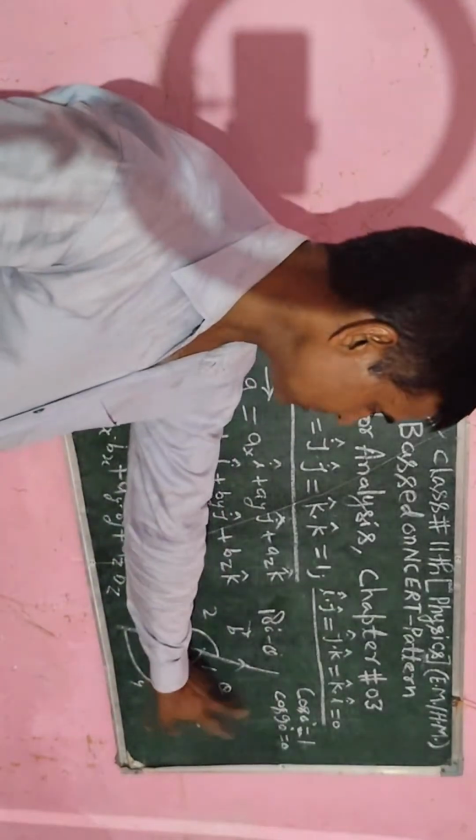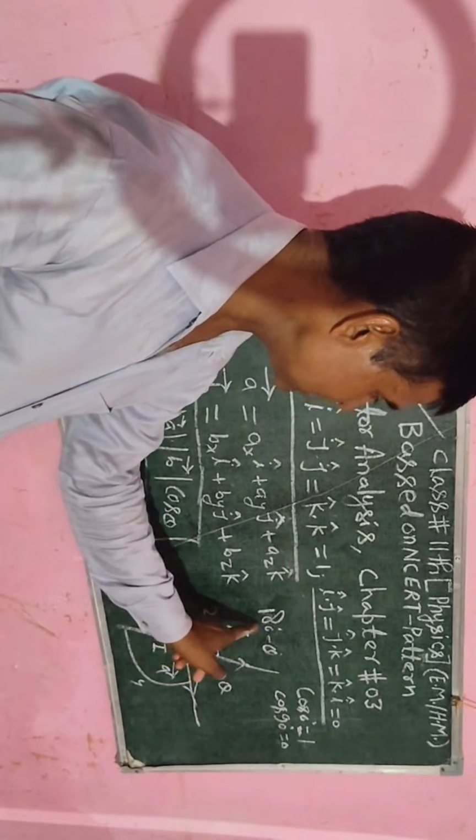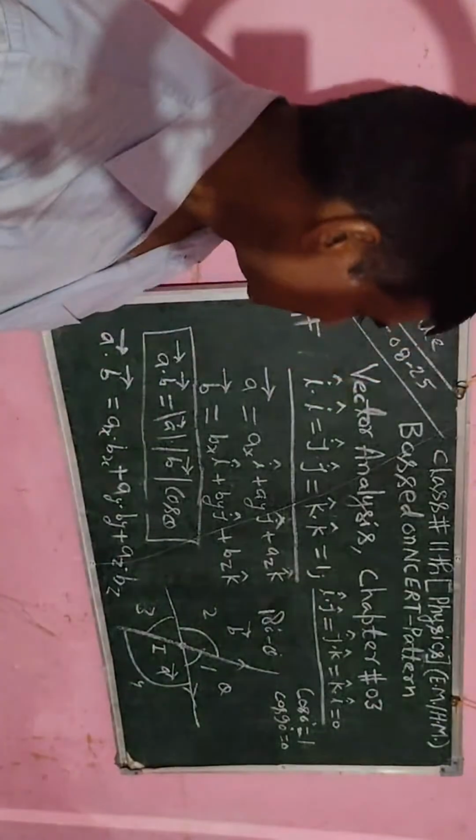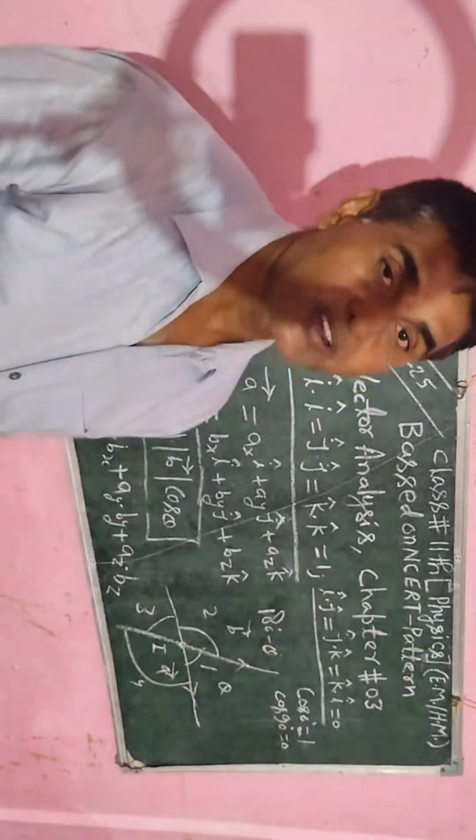और अगर दोनों वेक्टर के बीच का एक कोण मिल गया तो दूसरा कोण निकालने के लिए हम क्या करेंगे, 180 में से उस थीटा के वैल्यू को सब्सट्रैक्ट करेंगे। इस तरीके से दोनों कोण को हम प्रॉपर्ली फाइंड कर सकते हैं।